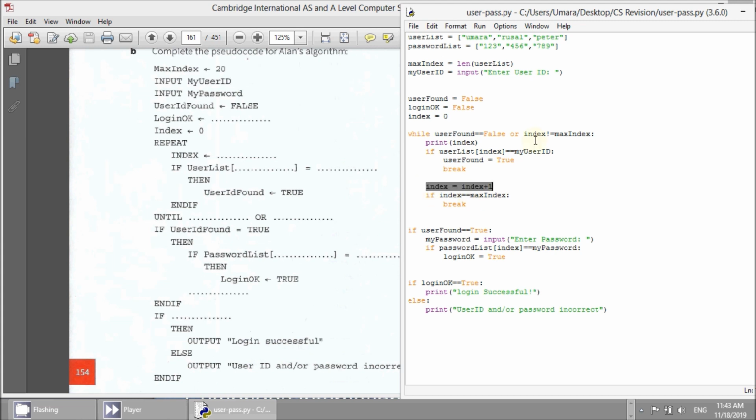So here when it goes back to the while loop condition, 3 not equal to 3 is false, right? So it should exit, but it won't exit because it will still satisfy this condition, because the user is not found. Okay, and we are using the OR operator. If one of these conditions is true, we get the result. So that's how the OR behaves, right? So just satisfying this is not going to work,